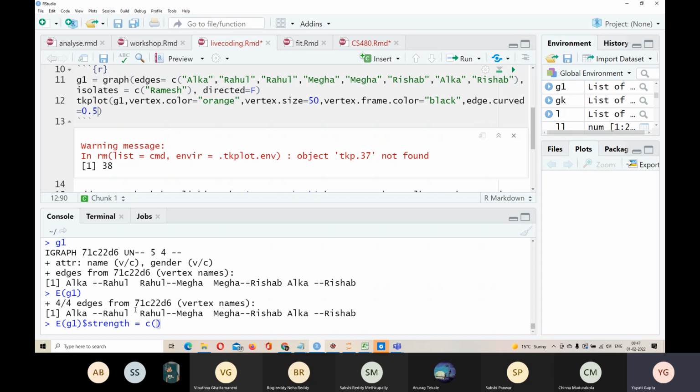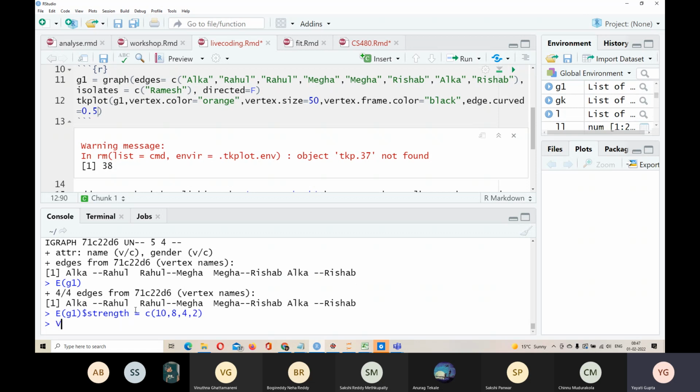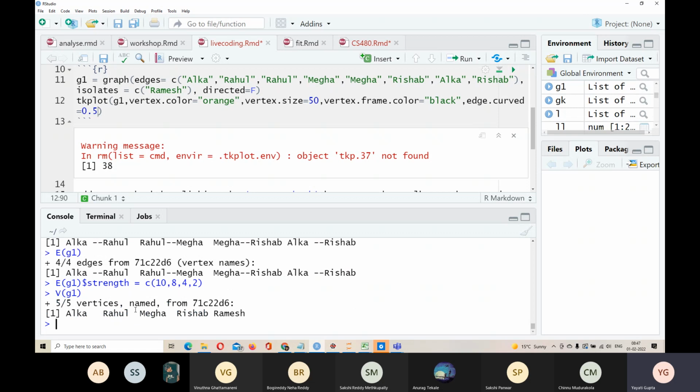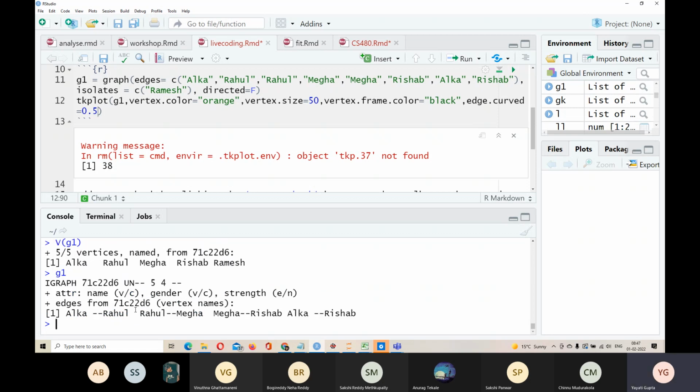So let's say the strength of the first is 10, second is 8, let's say 4, and let's say 2, right? Again, if you look at the graph G1 here, it now gives you this attribute which is strength. You see, the name attribute is for the vertex, the gender attribute is for the vertex, but this strength attribute here is for the edge.